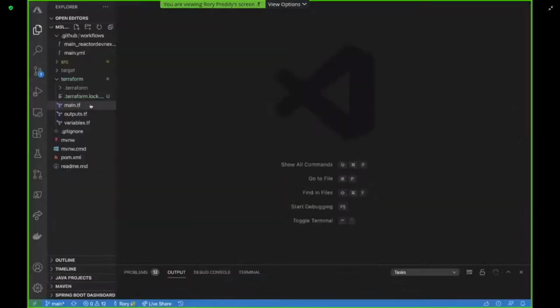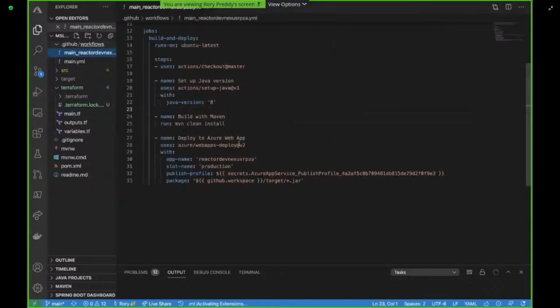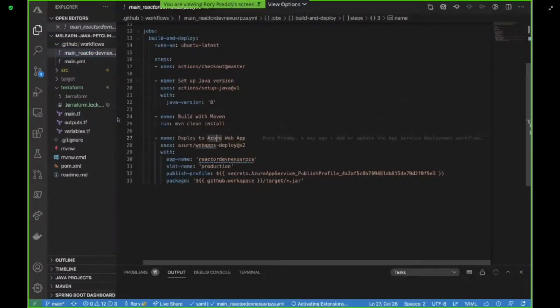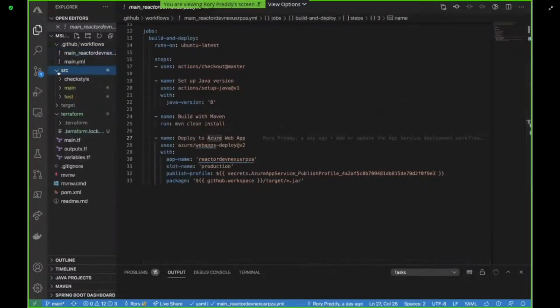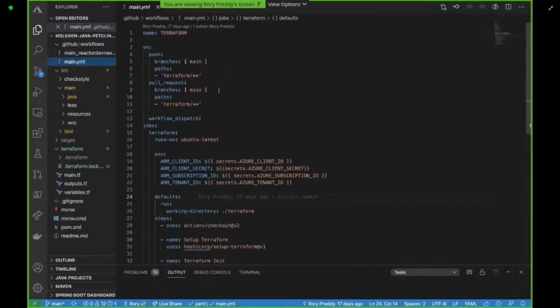Cool. So I've got my Terraform files, I've got all of my files here, and now I've got my GitHub Actions. You can see it's exactly what we saw on GitHub Actions. Now I want to make a change to that. So if I go into my source folder here, I want to make a small little change, and I want to push it. Now, when we push it, on our main.yaml, we've got a trigger here,